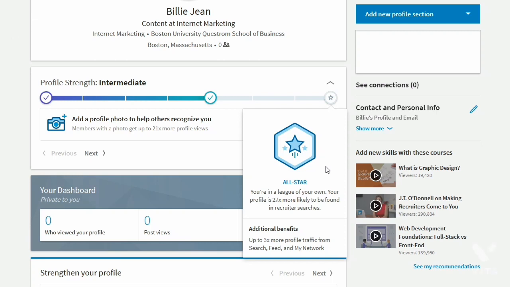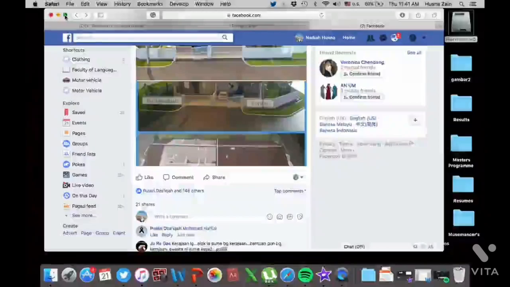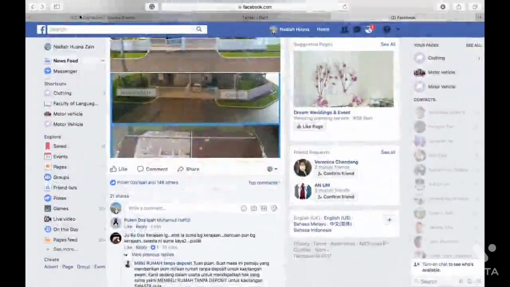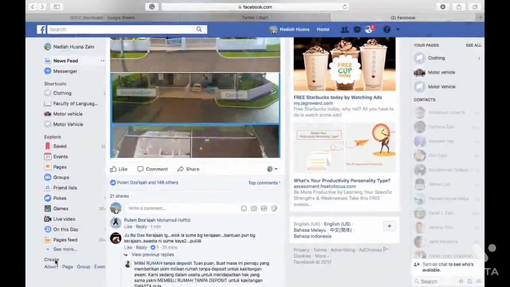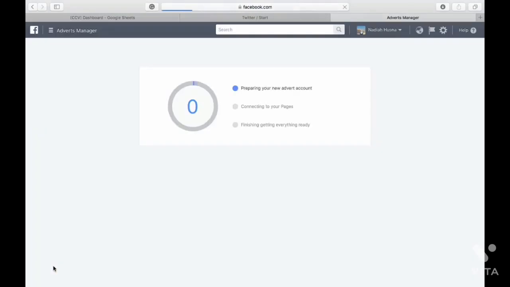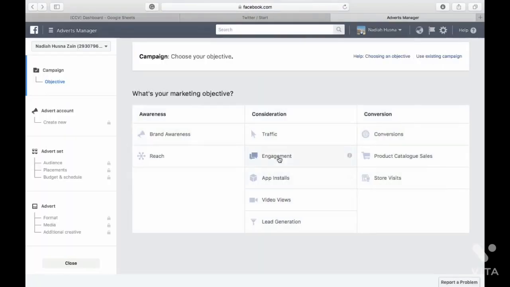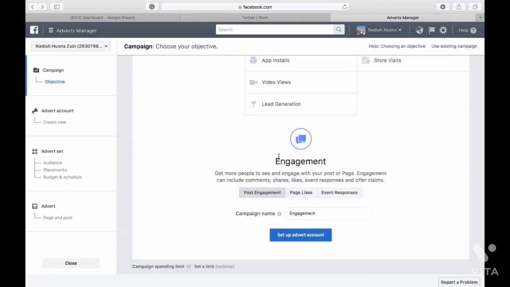To begin, simply click the next step you need to do, and for now, you can advertise your Facebook post and link posts to generate engagement using Facebook advertising and select Create Advert. You then proceed to select your marketing objective, which is engagement. Select one of the three types of engagements which best suits your objective. Post engagement is targeting those who are likely to like, comment, and share your post. Page likes are targeting those who are most likely to like Facebook pages, while event response are targeting those who click to attend events.